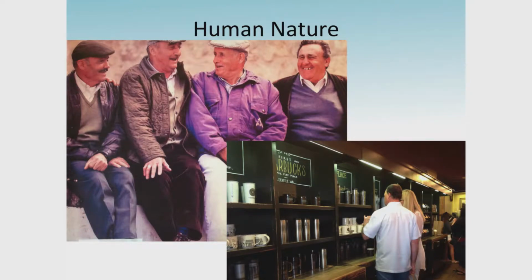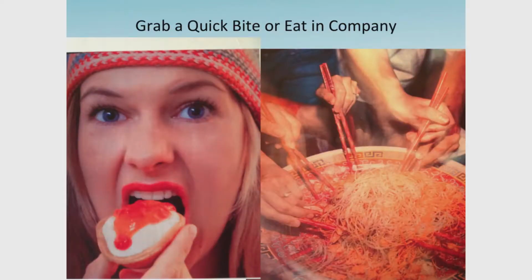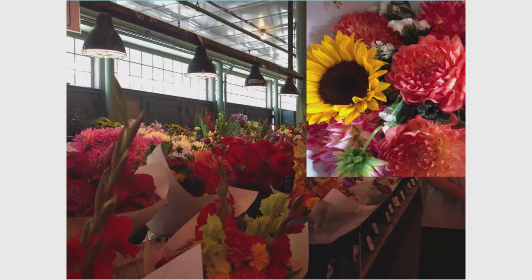In the same way, we have conversations with friends, we meet for a cuppa, go for a coffee, grab a quick bite, or sit around in company and enjoy a meal. We walk through a flower market and just enjoy the freshness of the flowers. We smell it, enjoy it. We can detect the smell of smoke in an instant, and these are things we've never had to think about. But suddenly, when these things change,